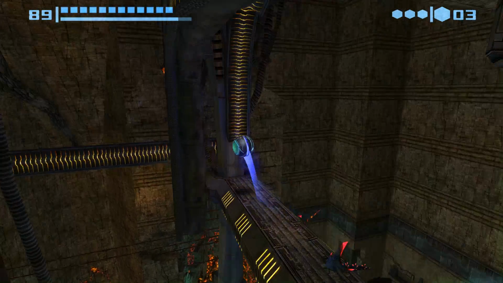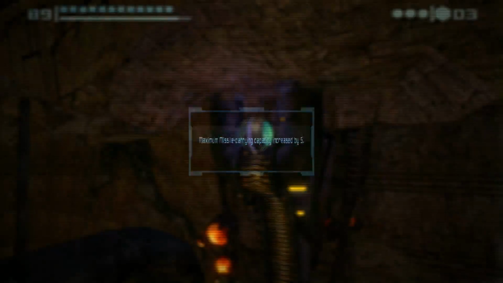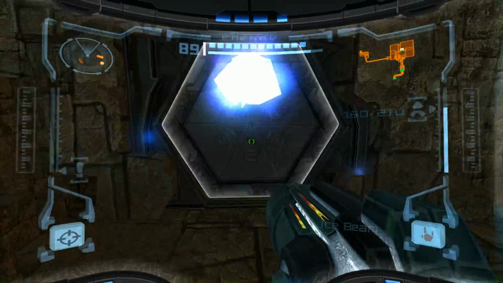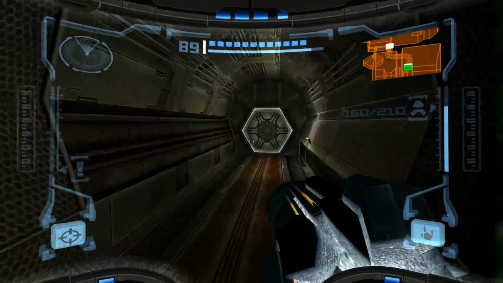Let's just make a run for it. Took a risk with the spring ball, but it paid off. There we go. We don't have to come back up here. Very nice. Also a nice thing is because we have the ice beam now, we can use the cut through to take us right back over here